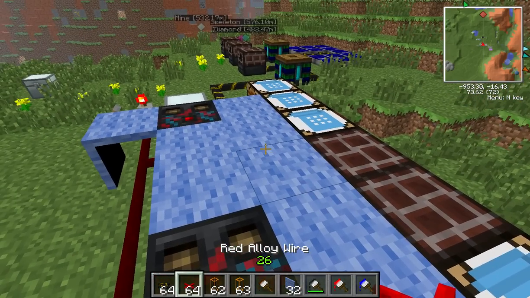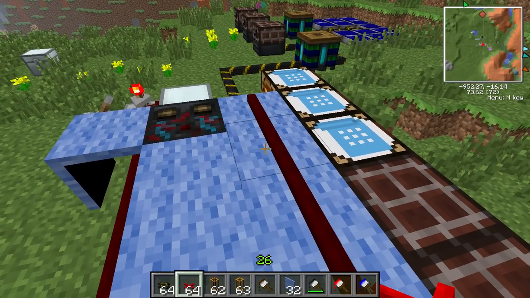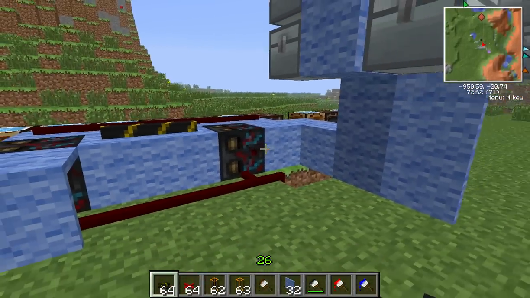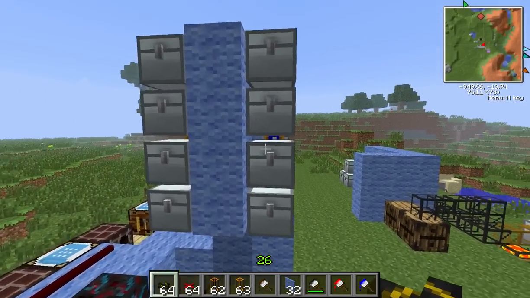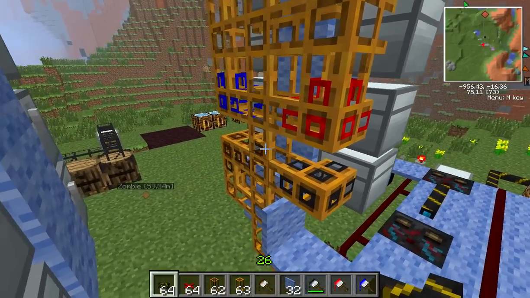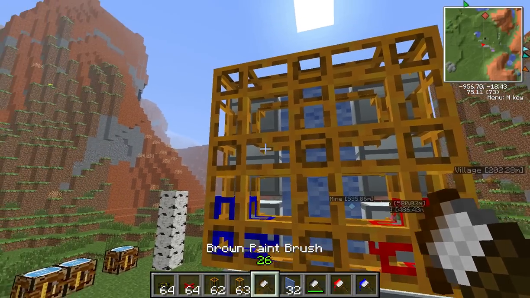And another thing about these covers, you can actually place the wire on them. So you can make this quite compact. The only part not is this setup here. There are a few different ways of doing this. You don't have to have them going right the way through like this. The reason why I have,